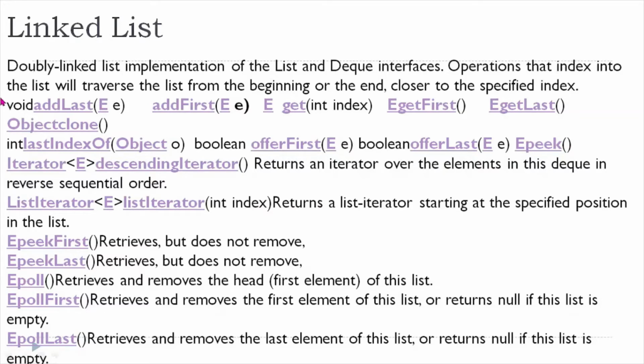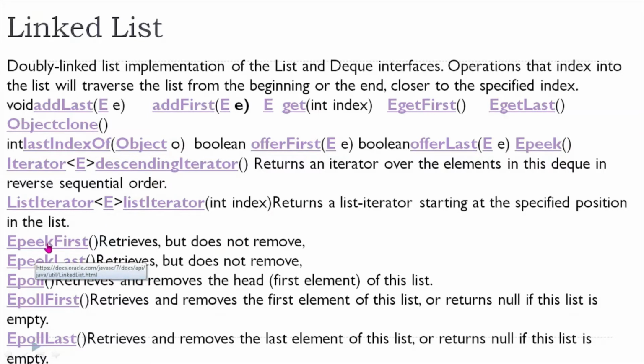So here you can see we can add first, add last, get first element, get last element, index of last element. So these are the special methods which are available in a linked list.